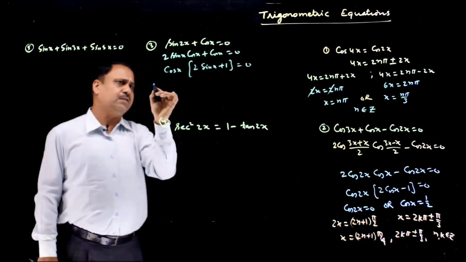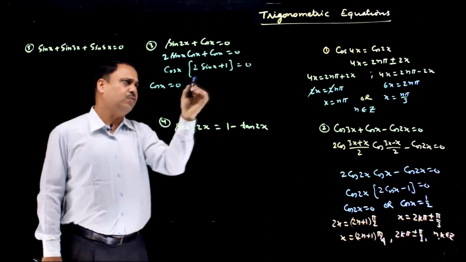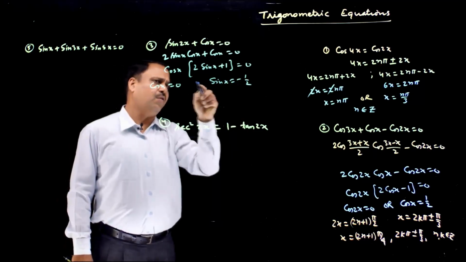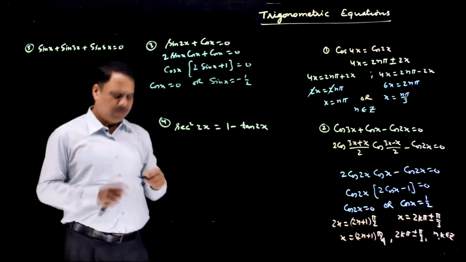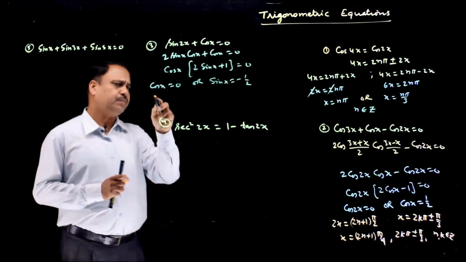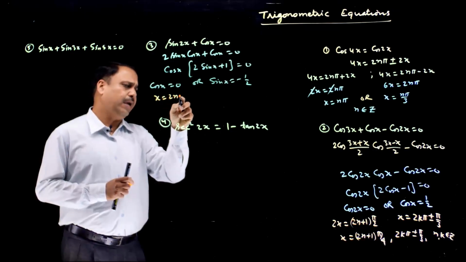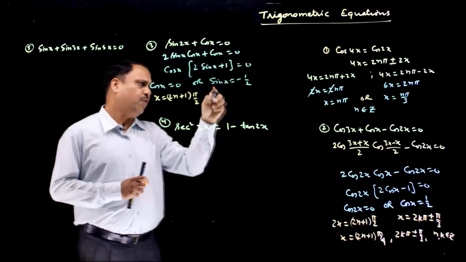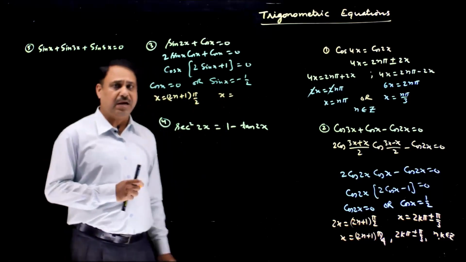So one result is cos x is equal to 0 and another is sin x is equal to minus half. So from here I will get x is equal to (2n plus 1) into pi by 2,